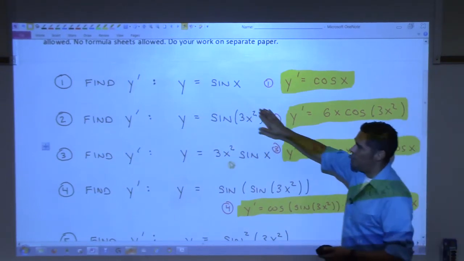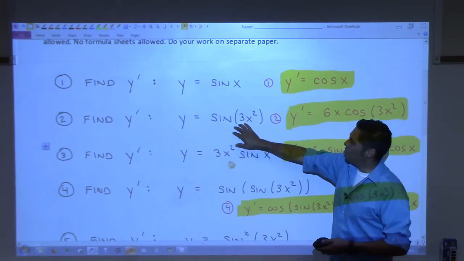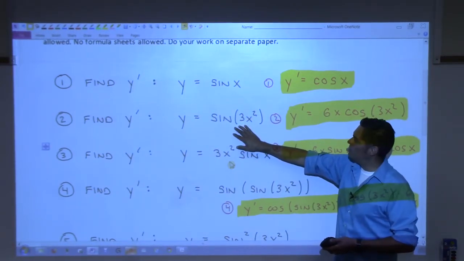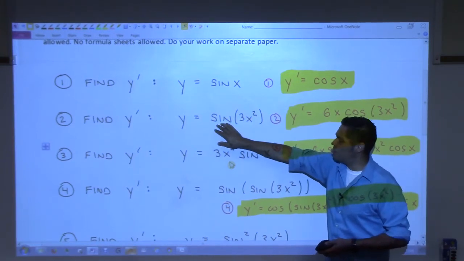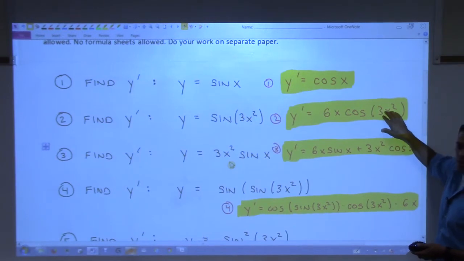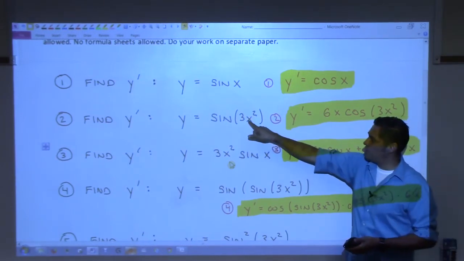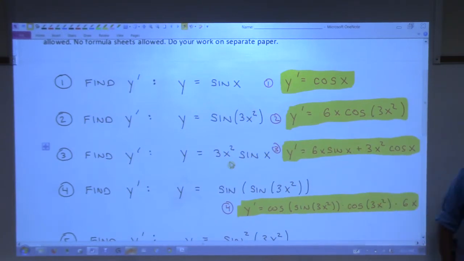So yes, the derivative of sine x is cosine x, right? Okay. All right, for the derivative here, we have to use which rule? Chain rule, right? So you start by taking the derivative of the outside function, which is cosine. So you have cosine of the inner function. And then, times, chain rule says multiply by the derivative of what's in here, which is 6x. And I just threw it out in front, okay?